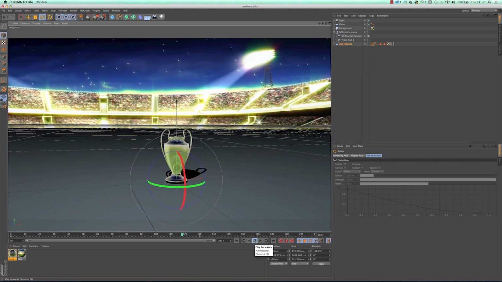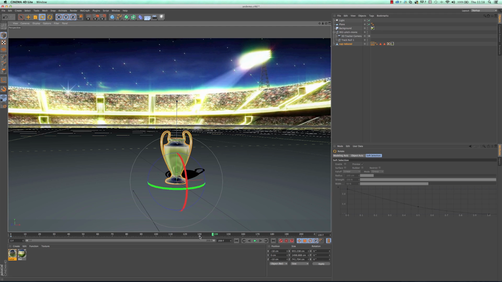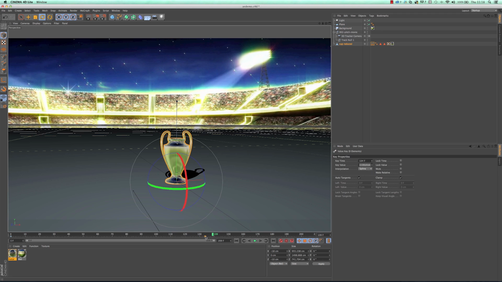And I can move that animation data around. If I decide actually I want the cup to land slightly after the camera stops, I can move that, and now it will change that timing so it lands there. So it's that quick to start working with animation, that simple, with Cinema 4D, which is really cool. So that's one thing that people want to do.